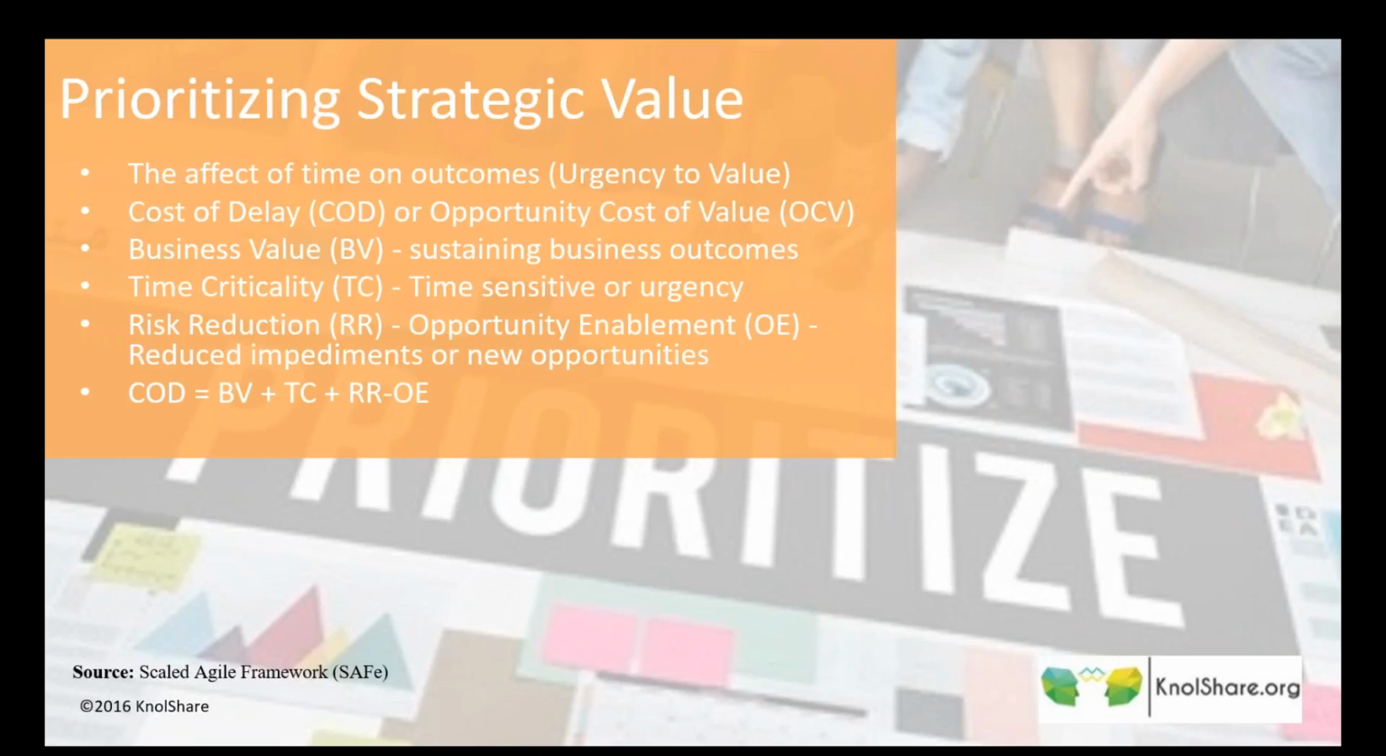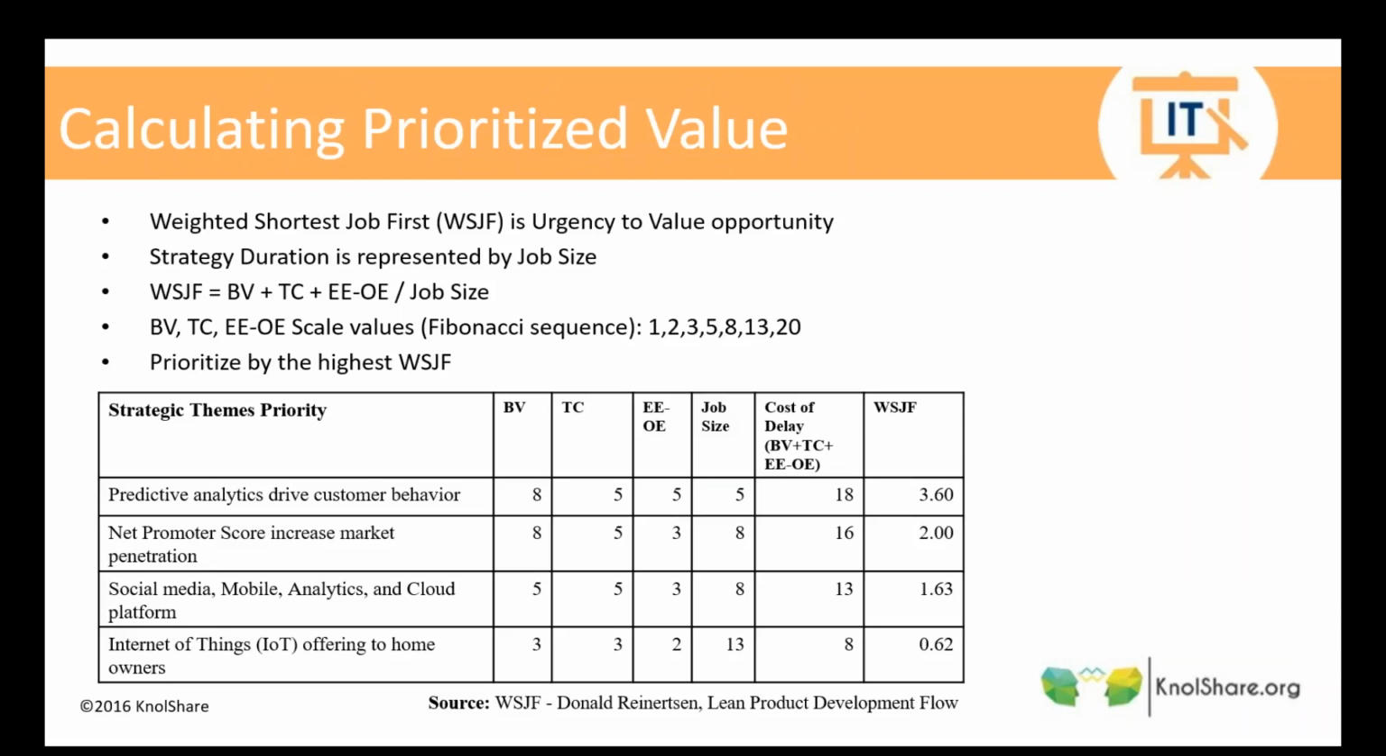However, in Reinertsen's calculation, he moved forward and had this big concept of the weighted shortest job first, WSJF, which is still looking at an urgency-to-value proposition. And he introduced the fact that this should be throttled or managed based on the strategic duration of a job. And remember, I said that because most strategies at any point in time are hypotheses,